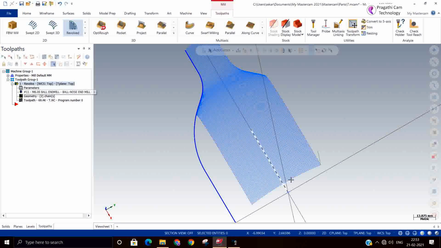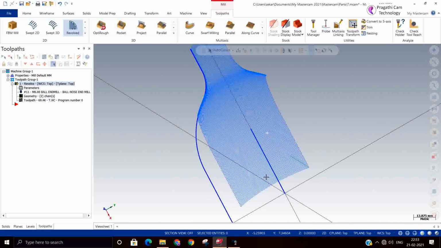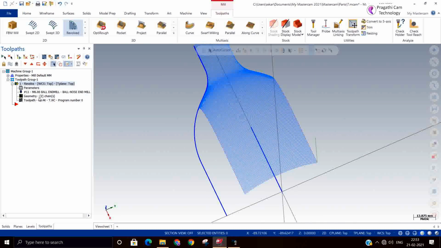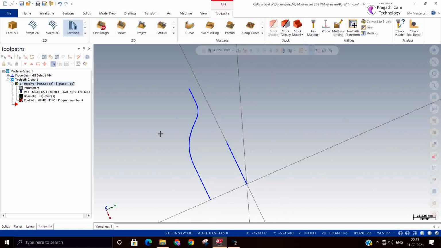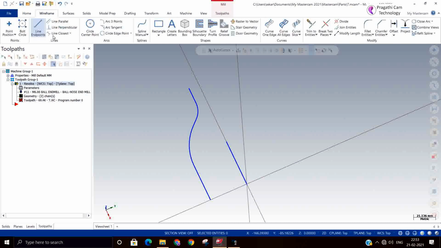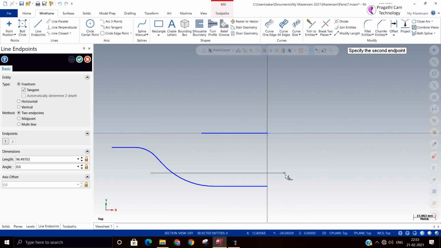Yes. 50 means it is a little more, that's the reason. So you can trim by width or length also. Instead of distance, you can give some portion of the line also for trimming. So I modified two lines I approximately drew.